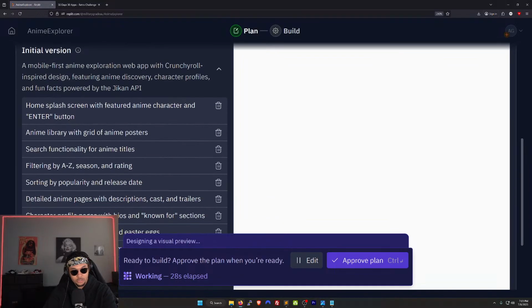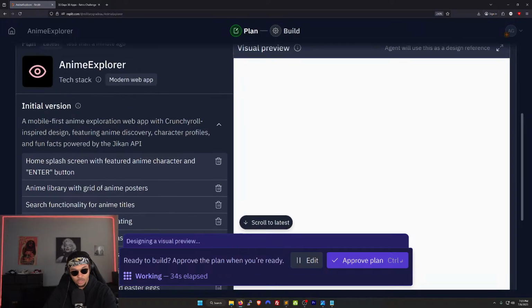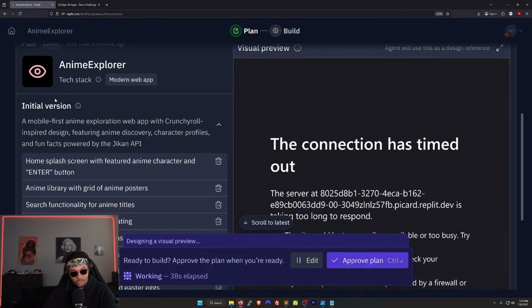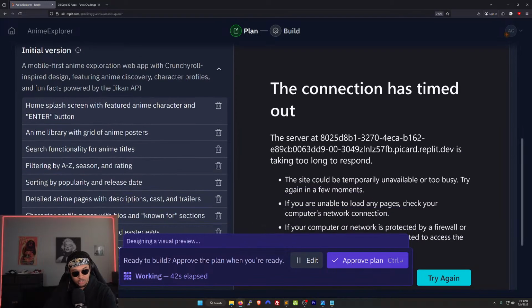All right, so all we did was drop in that project requirement document and that mock-up image, and we are here now. It looks like it's creating that app for us. So this is what it gave us back. It titled the app Anime Explorer. Initial version, a mobile-first anime exploration web app with Crunchyroll-inspired design, featuring anime discovery, character profiles, and fun facts, powered